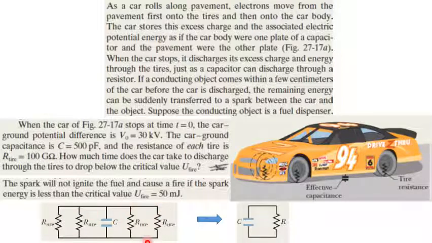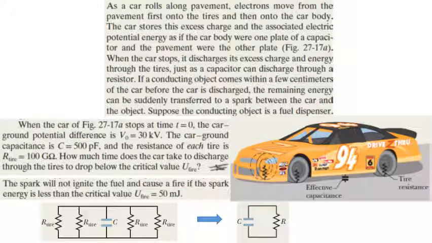Before going into the four resistances, we can take the equivalent resistance of these four parallel resistances. So we will take the equivalent resistance of the tires, and we have the body of the car, which is the capacitor. The equivalent resistance of the four tires is these four resistances in parallel. We will start by finding the energy inside the capacitor. Is it larger than the fire energy or not? If it is larger, how would this energy be discharged in the resistance, and when will it reach below the